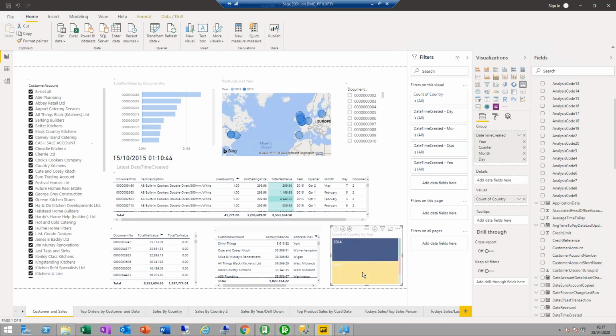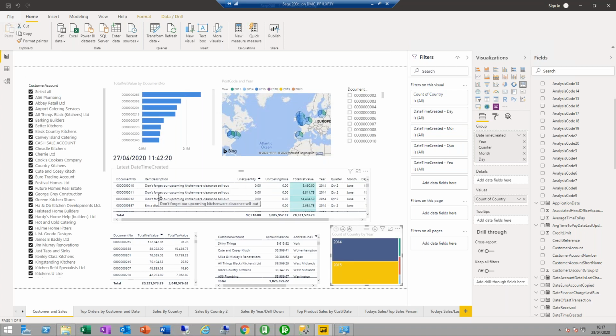The table is also selectable. So if I just unselect these, clicking on it twice, it's unselected. If I select something within the table,